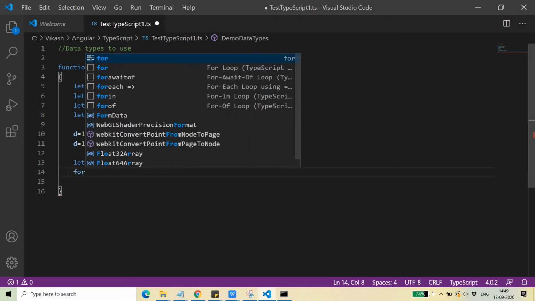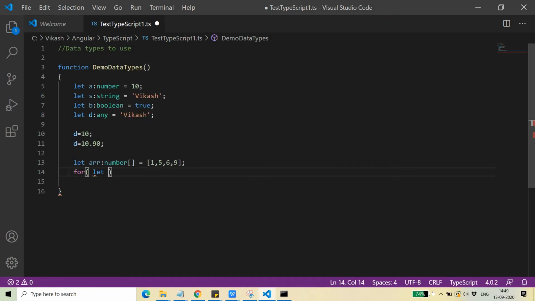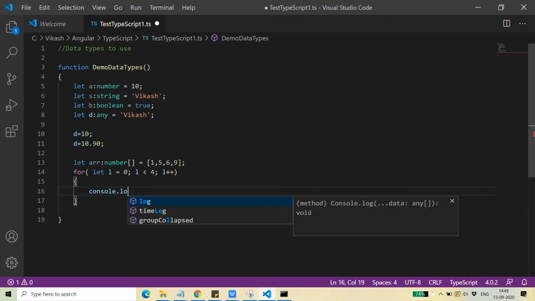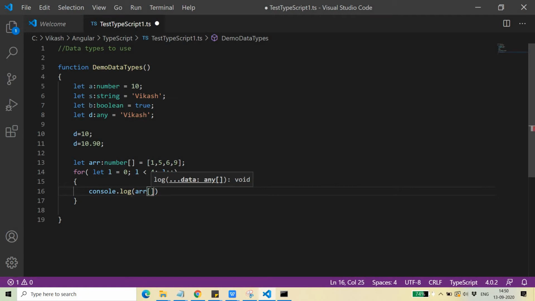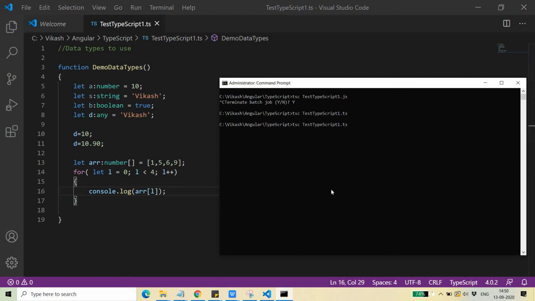I just need to use for, let L is equal to 0, L smaller than 4, and L plus plus. Okay, so what I will print now, console.log, and here I'm going to write arr and, not 0, it's L. So it will keep printing this. So let me compile it, and then let's run it.